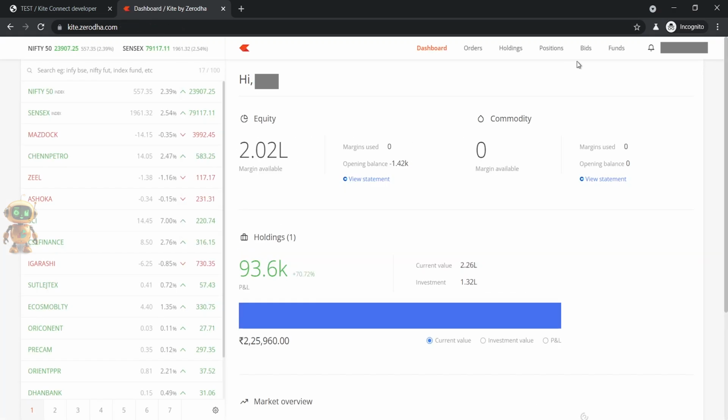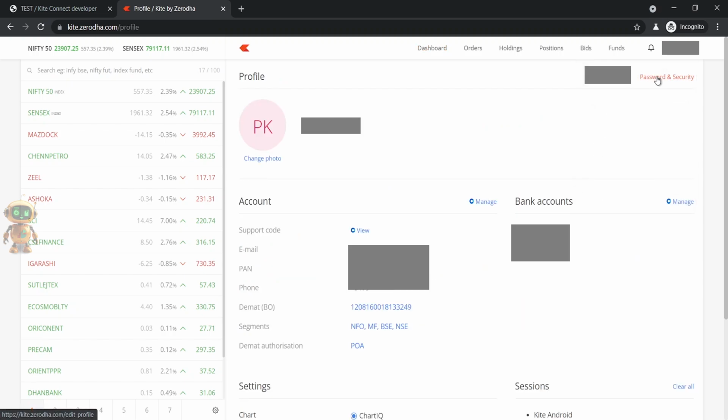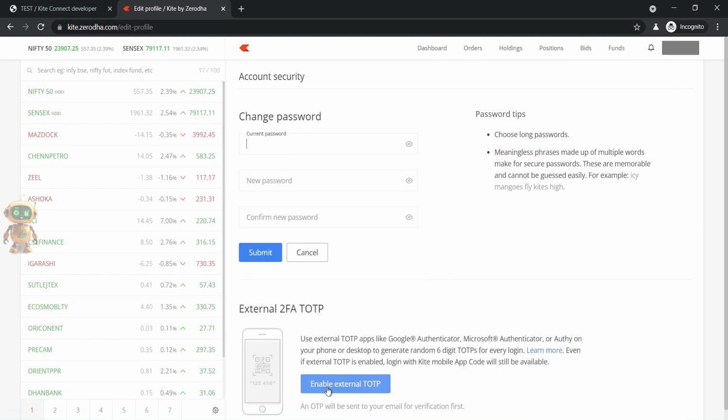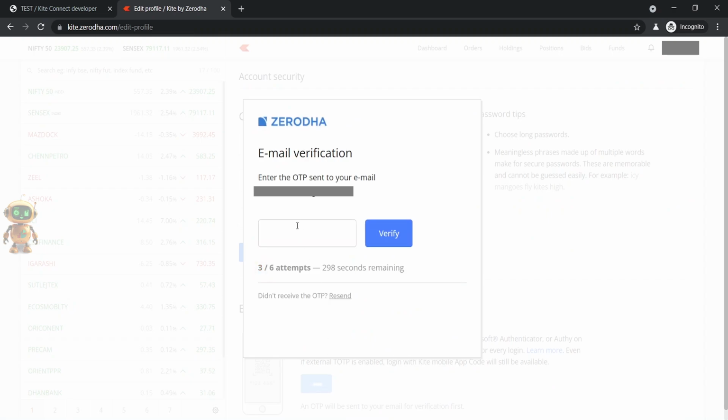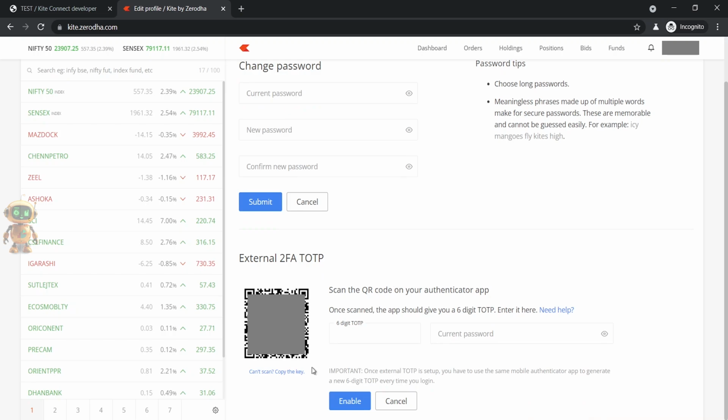Then go to user profile, select password and security. Then click on Enable External TOTP. Enter OTP received in email and verify. Now click on Can't Scan, copy the key.